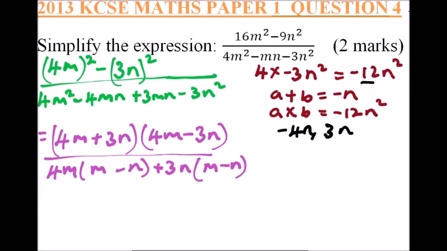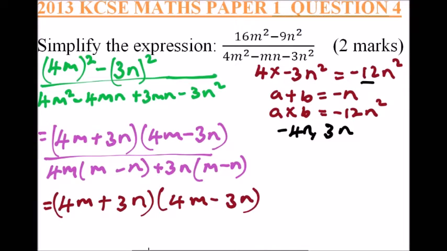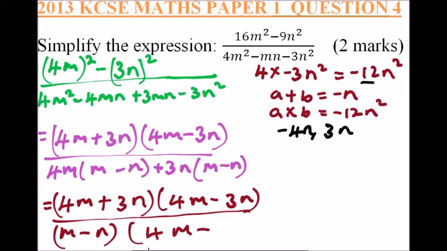So this is equal to (4m plus 3n)(4m minus 3n), you divide by, we factor out m minus n, then we'll be left with 4m plus 3,